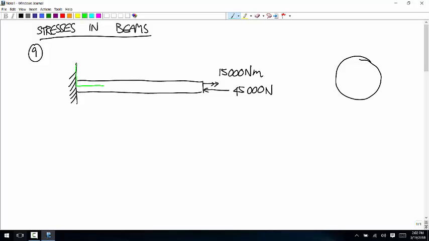So if the coordinate system's like this, then at the cross section, looking from the right towards the left, the cross section has y up, z to the left, and then x towards us. And the point that we're interested in